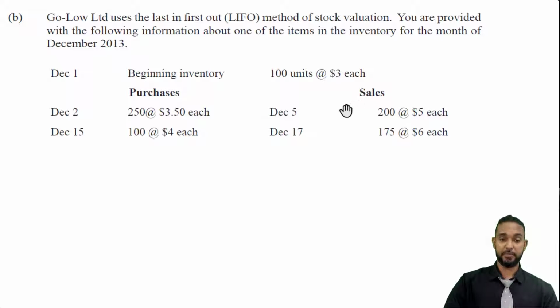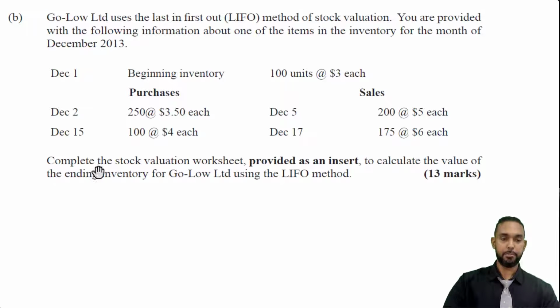On sales, we have 2 sets of sales. December the 5th, we sold 200 units at $5 each. And on the 17th, we sold 175 units at $6 each. What do we have to do? Complete the stock valuation worksheet provided as an insert to calculate the value of the ending inventory for Golo Limited